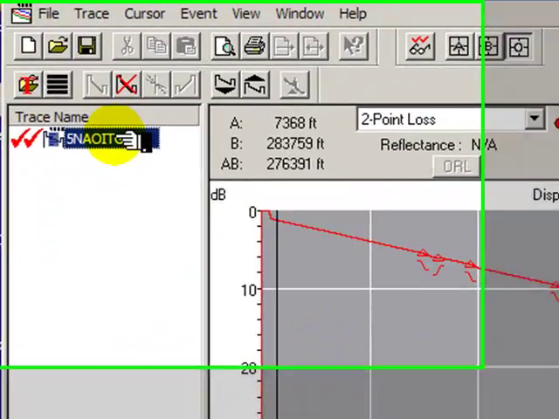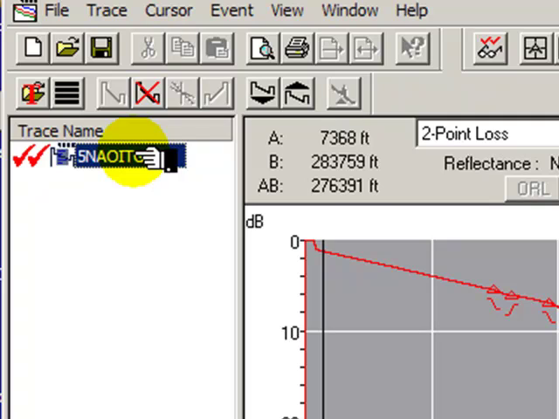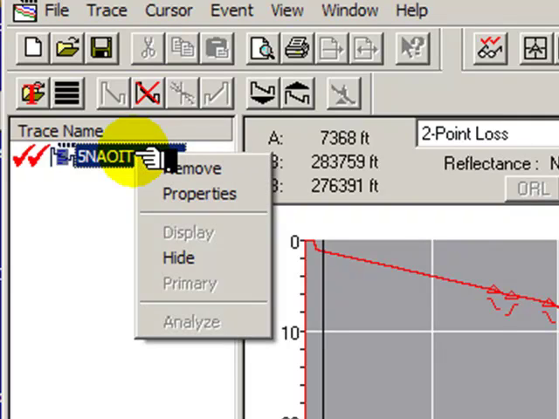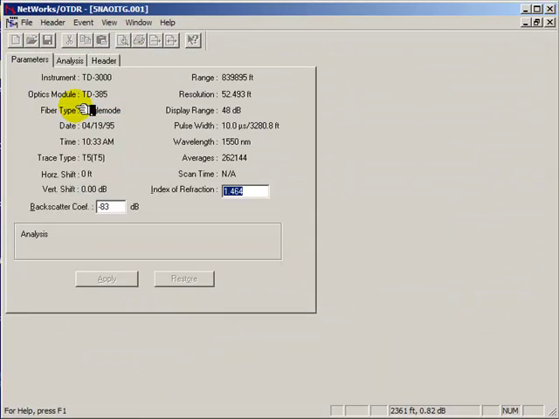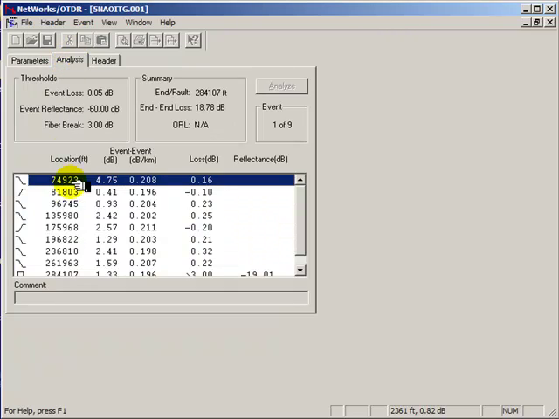To get more information, you can go over here to the trace file name, select it, hit right menu, and another menu will pop up. Click the properties box. Here again you can see the instrument that was used. This is a TD3000 OTDR, kind of an old model. Here it is, date 1995. The parameters of the machine. The analysis shows